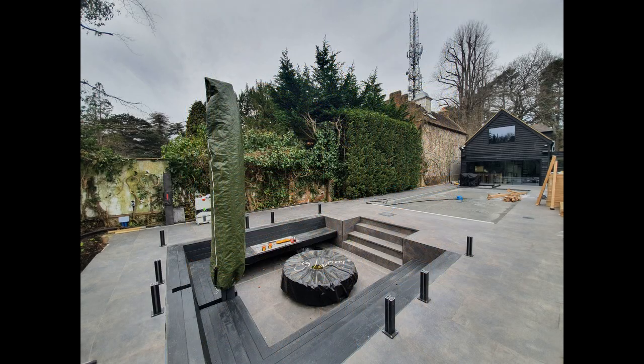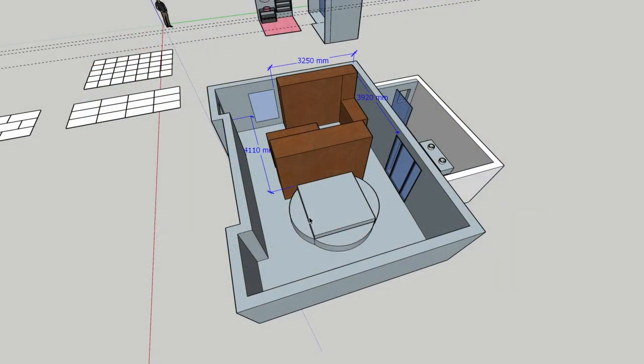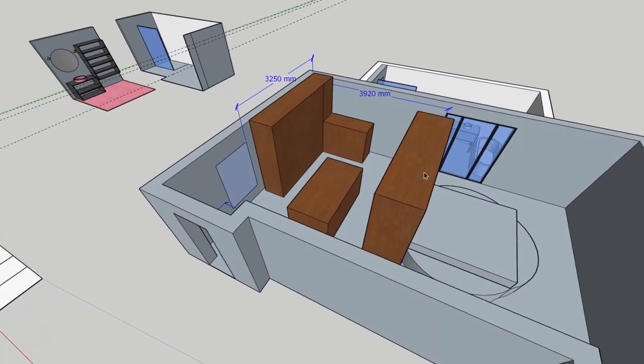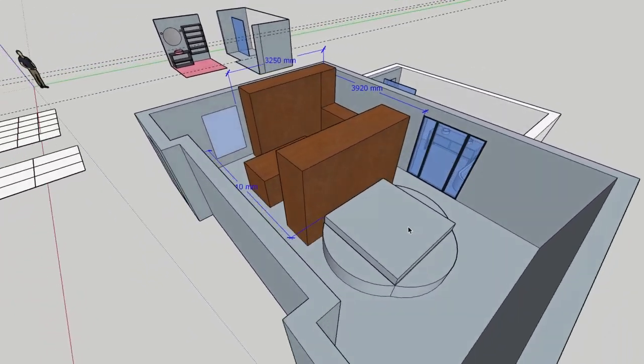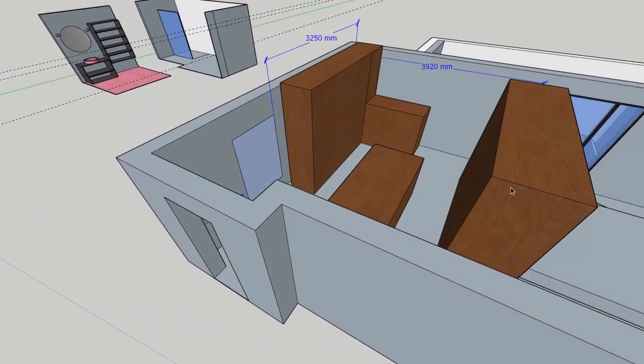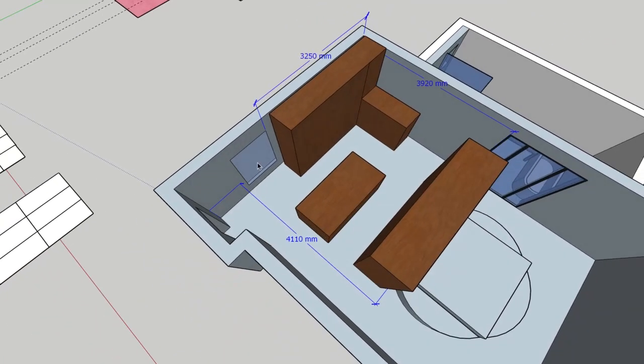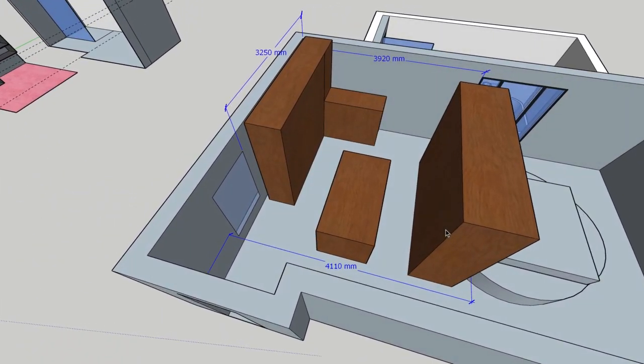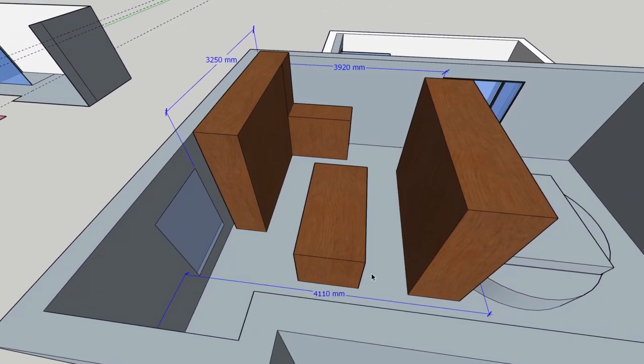Another element was the master bedroom. The clients had a large bed with these ovular sections either side, so it's quite big, and they wanted to have fitted wardrobes and divide the room. So again, modelled it to scale so that we knew the distances here, had a window, had a door, so then all of these dimensions could be sent to the wardrobe manufacturers and designers so that they could set everything